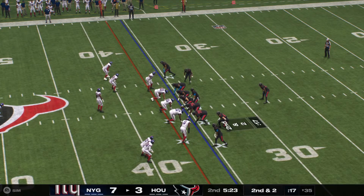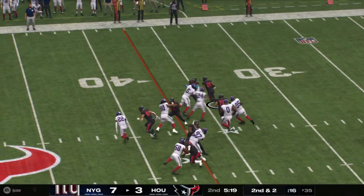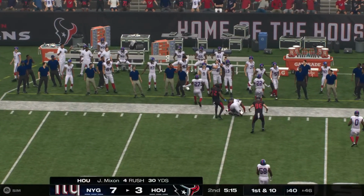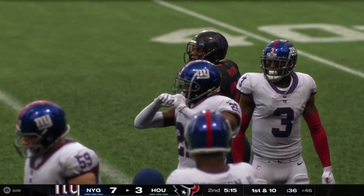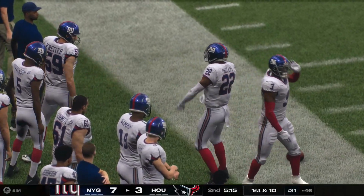Offense. Keeping it with Mixon. That play goes for 19 and a new set of downs. That right there, that will make the coaches happy. He didn't just get the 1st down, he got a healthy chunk of